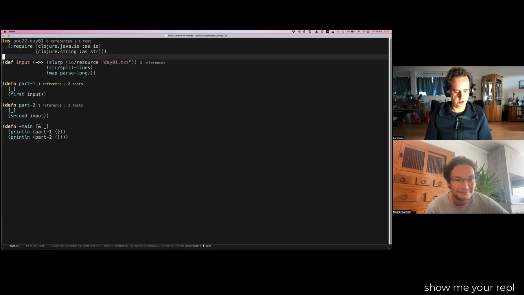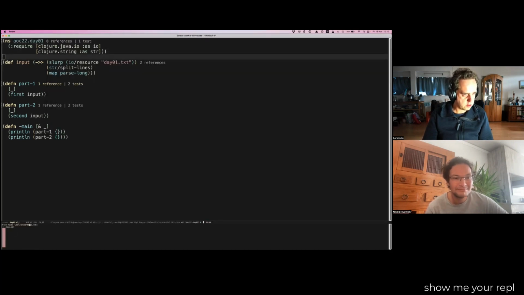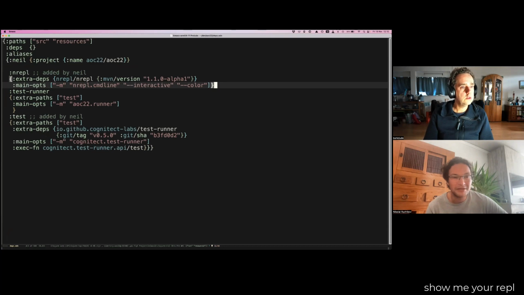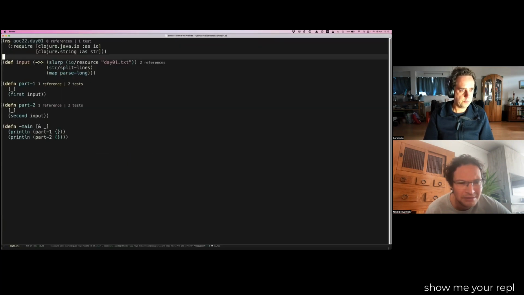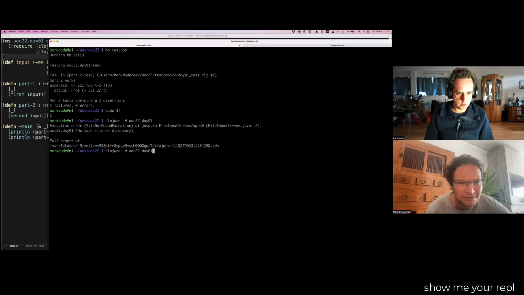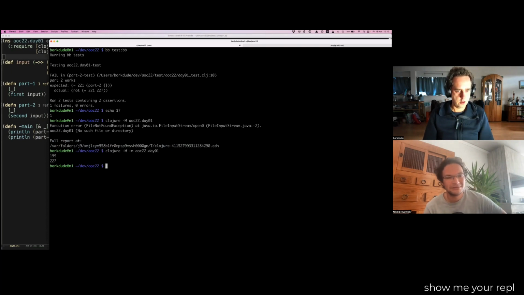I think I still need to add resources to my deps.edn. No, I think there is no folder. Clojure -M -m, yeah, that's confusing. So the main function, you have to insert another -m here. Okay, but